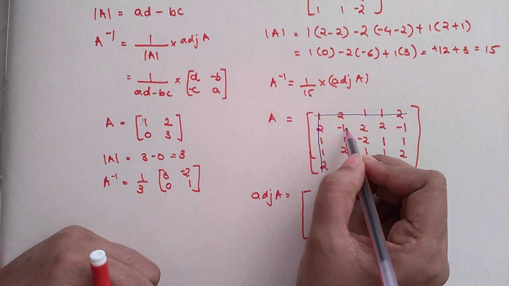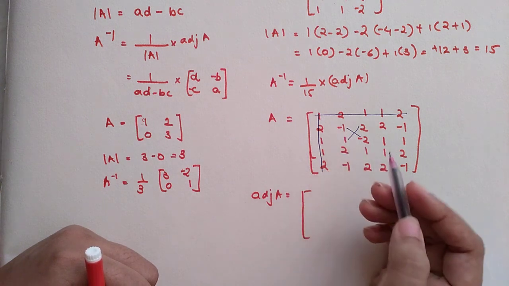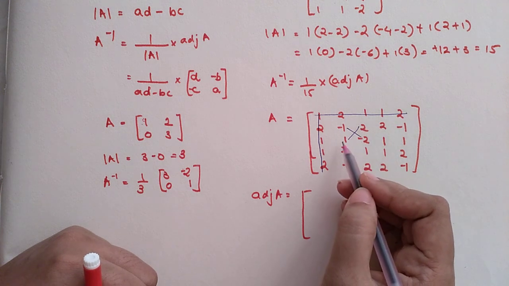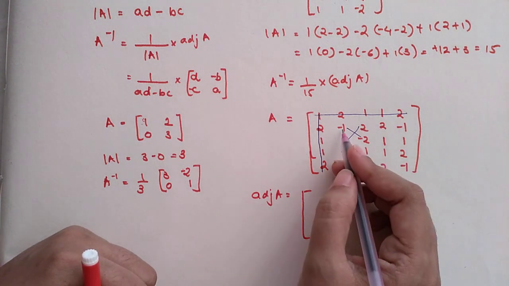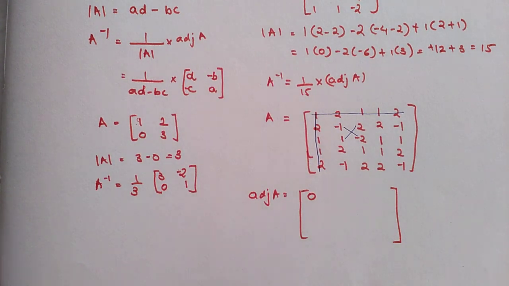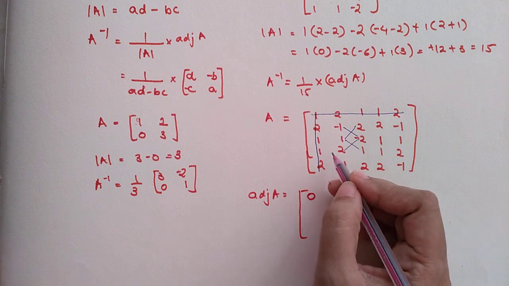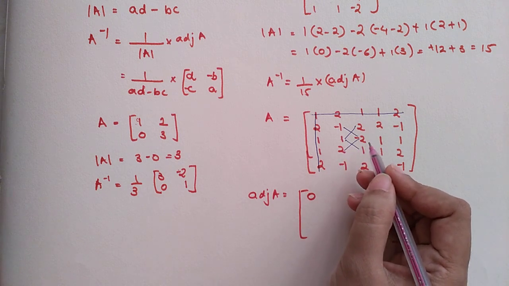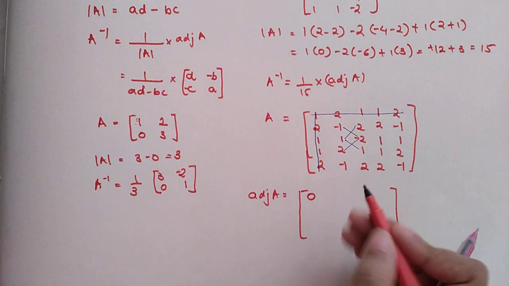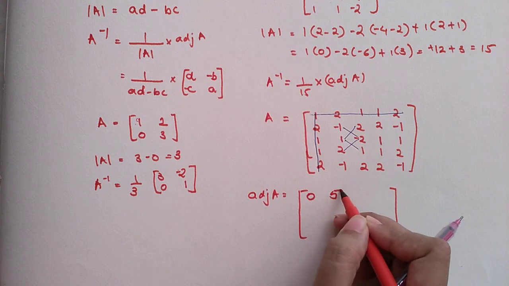So now let's start with this. First we do an operation here. So we get minus 1 into minus 2 is plus 2. Minus 1 into 2, that is minus 2. So 2 minus 2 is nothing but 0. Now my next operation we will do between these two. So 1 into 1 is 1. Minus of 2 into minus 2, that is minus of minus 4, which is 4. So 1 plus 4 gets you 5, and please understand the operation is happening column wise, but my answer I'm writing row wise.